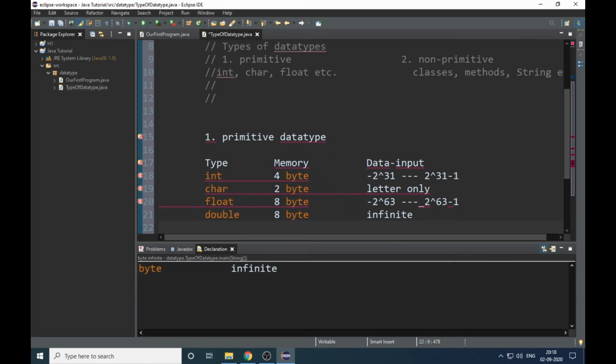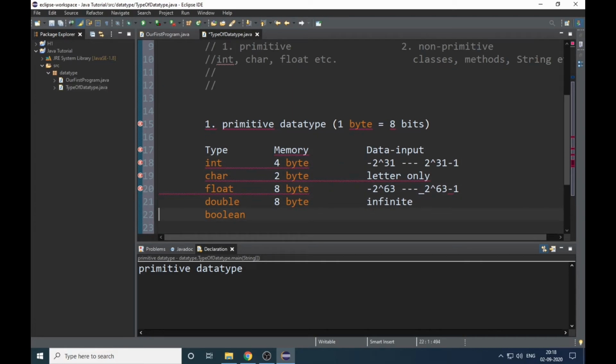Okay, and next we have boolean. In the case of boolean, it does the lowest consumption of memory. It consists of only 1 bit of memory, and 1 byte equals 8 bits.